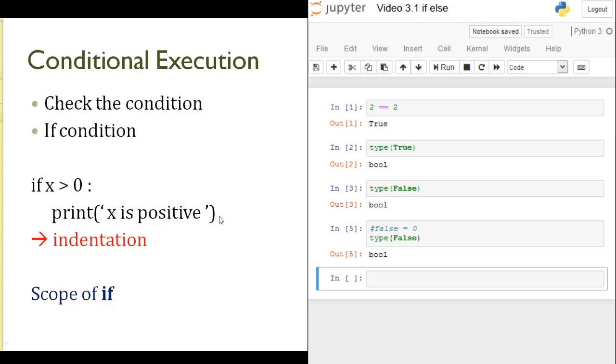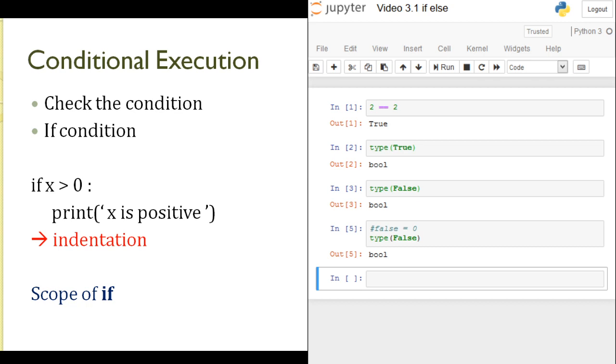When we come to conditions, conditions are the important part of the program. Condition means if this part occurs, only then we are going to execute the statement. Say an example, if x is greater than 0, only then print x is positive.